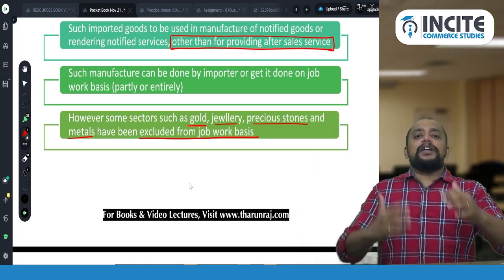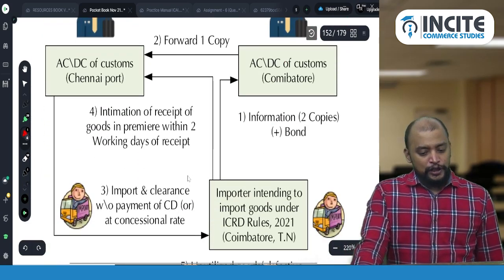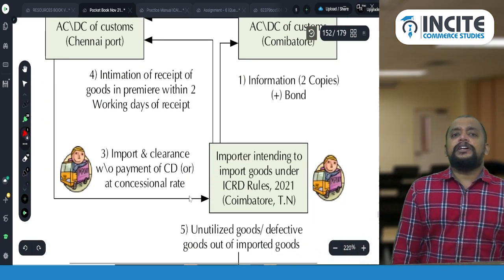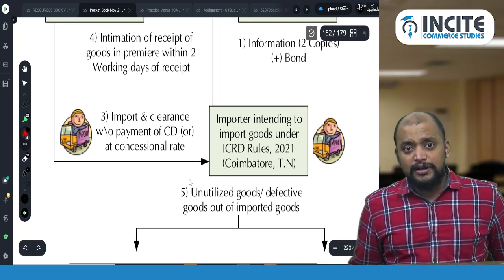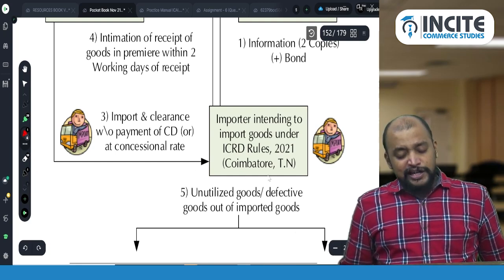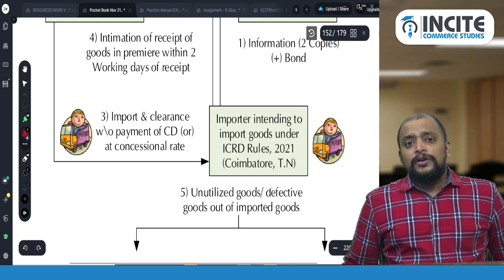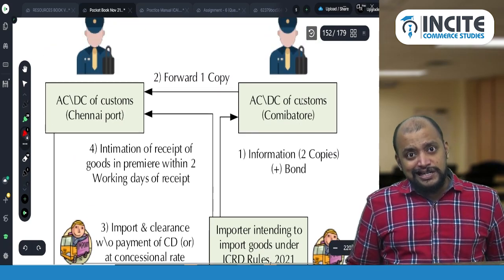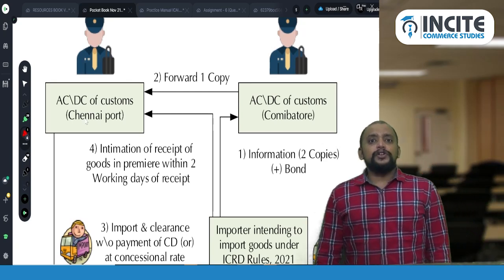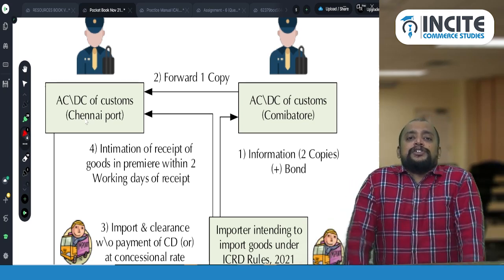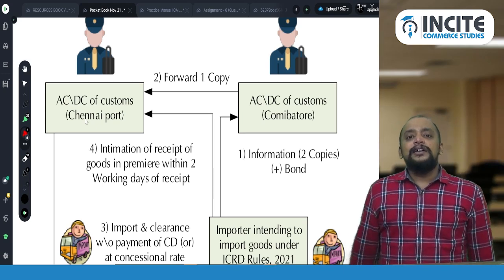So to whom it is applicable is what we have discussed. Now, what is the procedure to be followed? Say that the importer of goods at concessional rate or exempted goods is located in Coimbatore, Tamil Nadu. Now, to his jurisdictional ACDC as well as the ACDC of Customs Chennai Port. He needs to first submit information to his jurisdictional ACDC, that is Coimbatore ACDC,